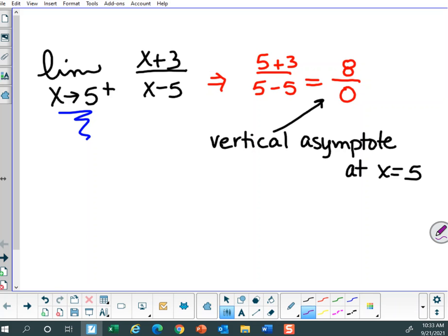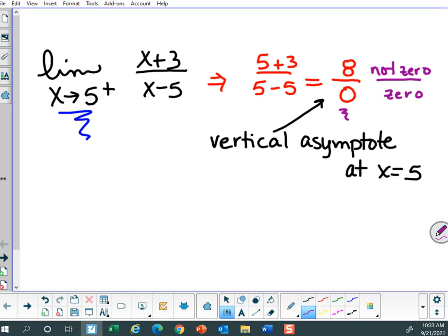Okay, so just for recording purposes, what we were doing here is we were looking at the first problem. The limit as x approaches 5 from the right of this particular rational function. I did a substitution with a 5. I got 8 over 0, a 0 in the denominator with a regular value in the numerator, or like I have written in the notes, not a 0 over a 0, tells us that we have a vertical asymptote at